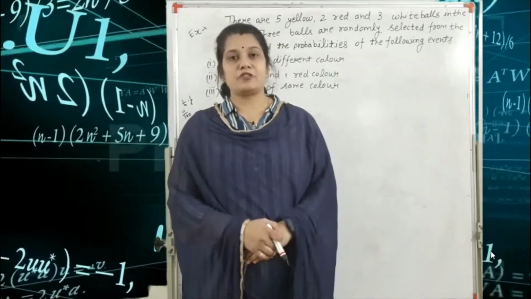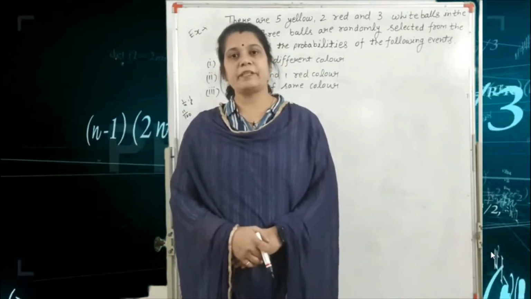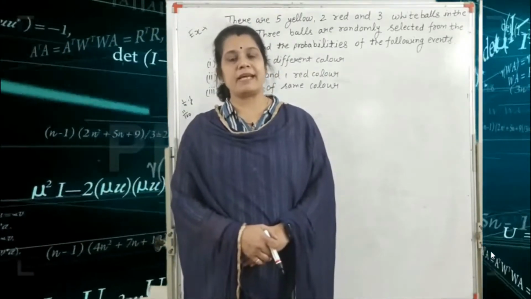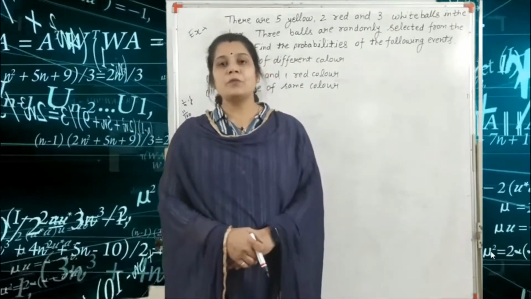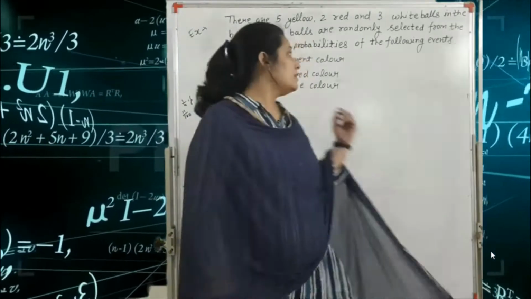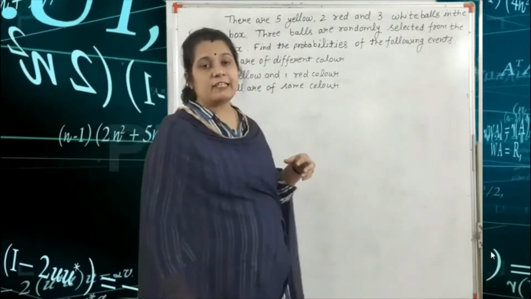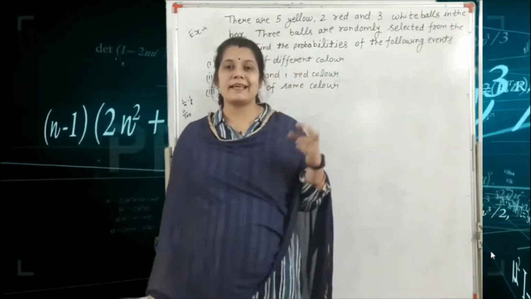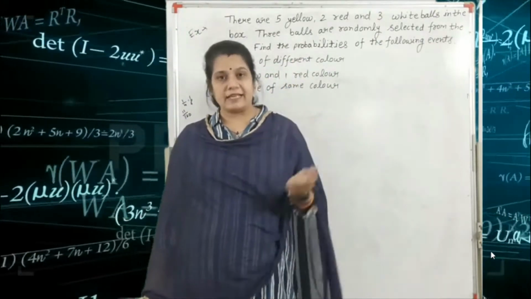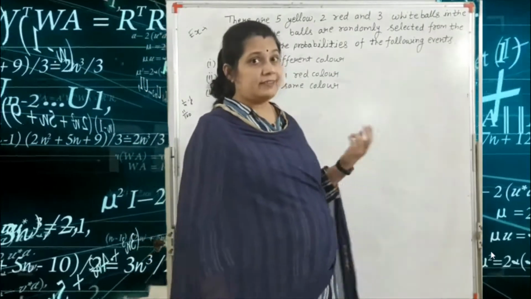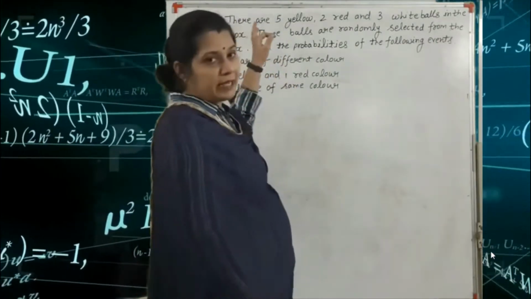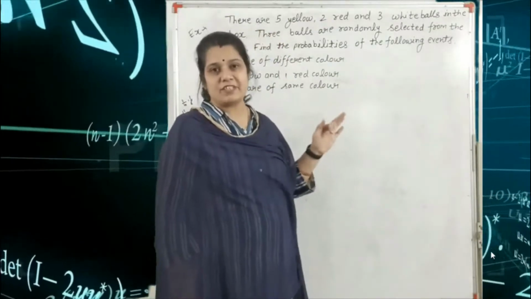I am going to take a lecture of probability and statistics, chapter number 1, basic probability. In our previous lecture, we have already seen different types of examples, just like a coin or dice, or bats and balls. So here, a different type of example. This example is very interesting.